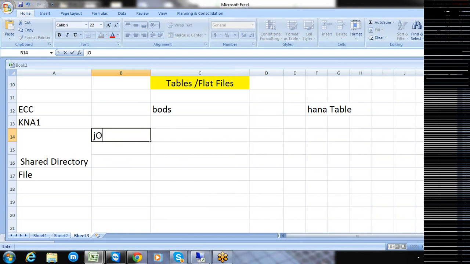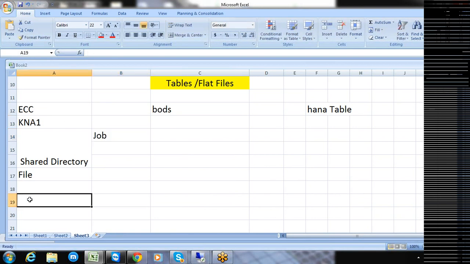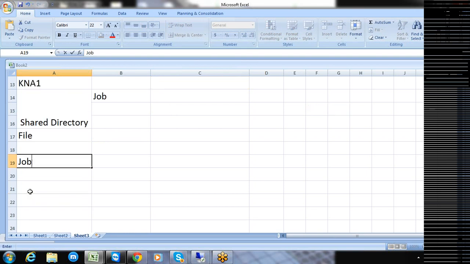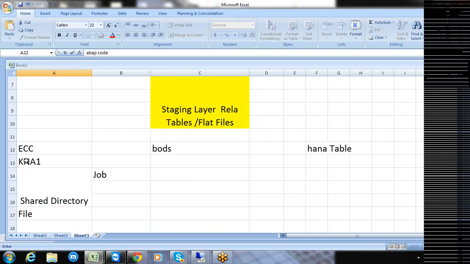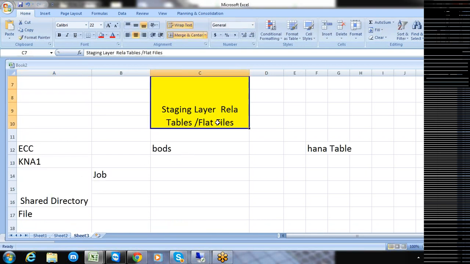a job. That job is supposed to be executed on this particular ECC platform. That job will try to execute the code which is going to be present in this ABAP file, and this particular ABAP file contains the ABAP code which is responsible for extracting the data from the table into this particular flat file.